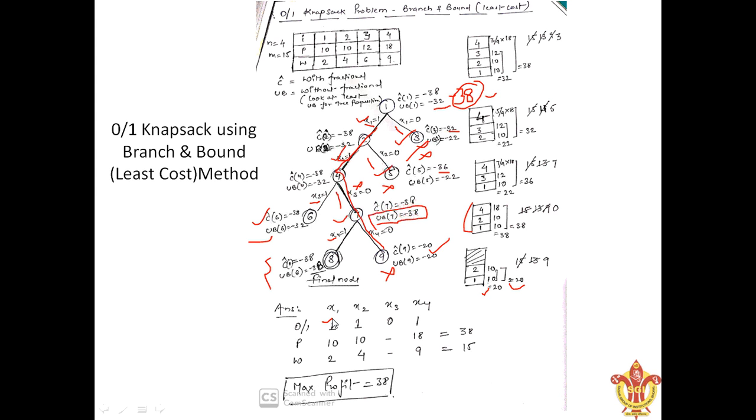Node 1 included, node 2 included, node 3 we are not going to include. So the profit is respectively 10, 10, 18. It is going to be added, and it is going to give you the maximum profit. See, we have the value in minus, we will have the positive value, and that is the maximum result. So the weight is what? 2, 4, 9, 15. That is perfect. M is given as 15, and we have 15 here.